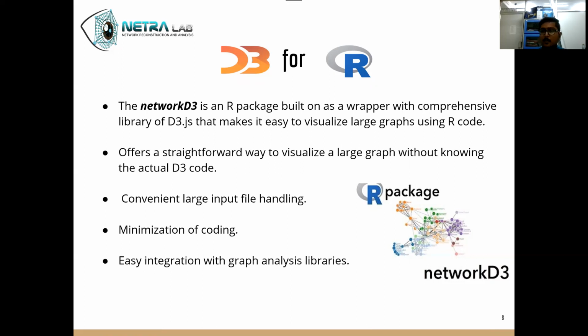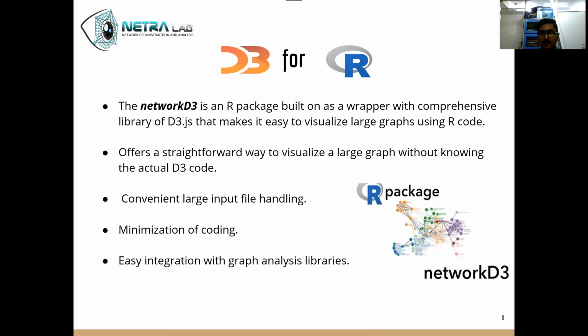The third advantage is easy integration with graph analysis libraries. As we know, network analysis is often considered an integrated activity with visualization for large networks. D3 is a visualization library, not for analysis. It's only for visualization. So often networks are analyzed for non-trivial properties on another platform, and then the JSON format data is given to D3 JS for visualization.